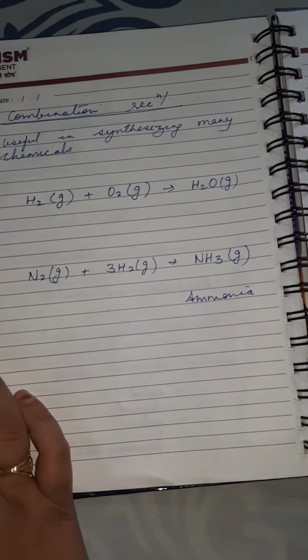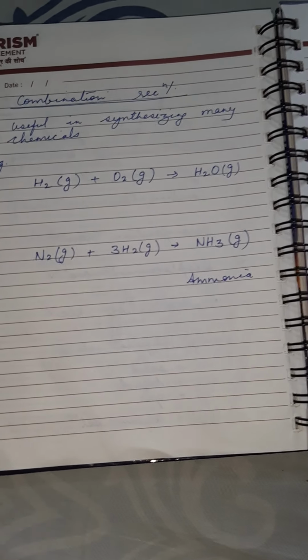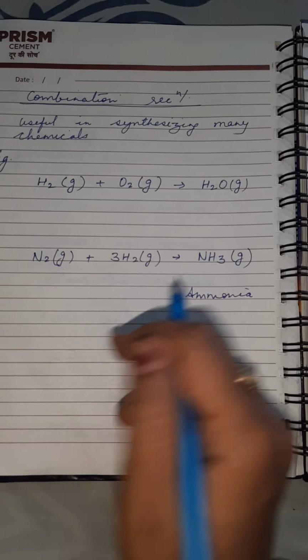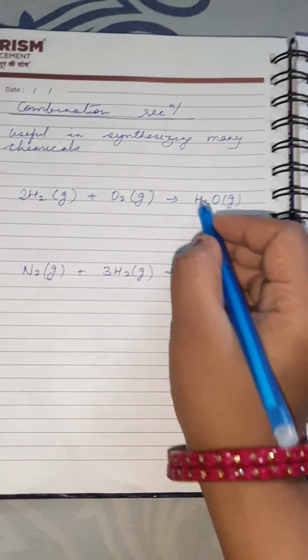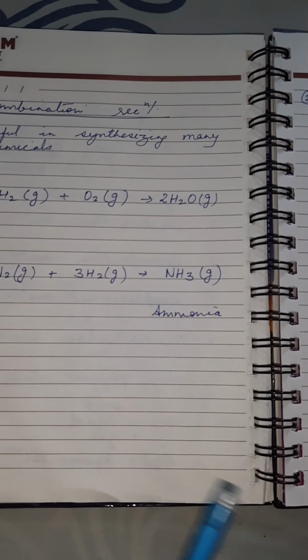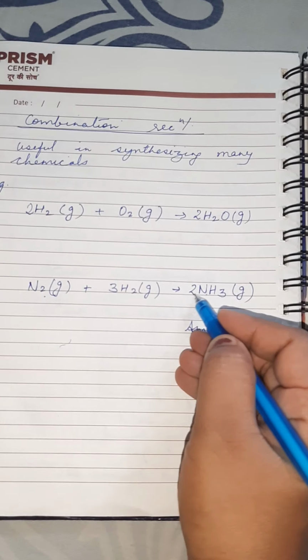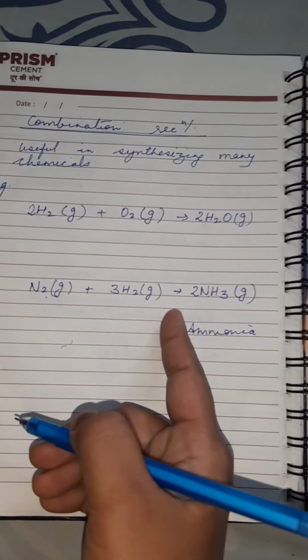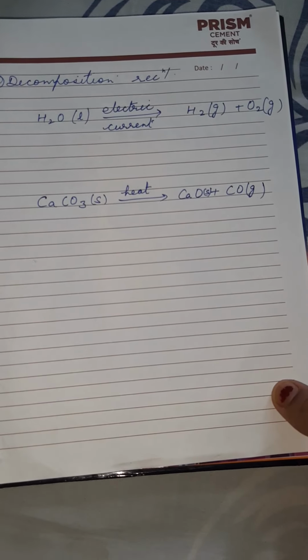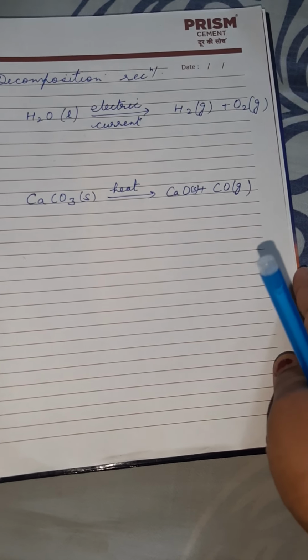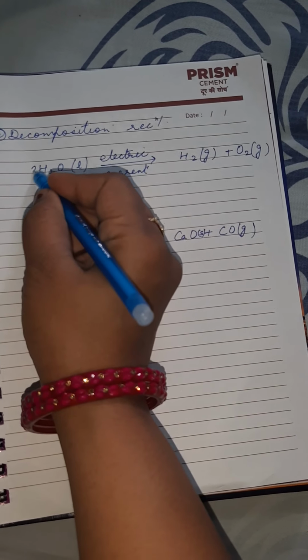All the equations I have written here are not balanced. You can balance them. You can see here, yesterday I showed you balancing of equations. I think here should be 2H2O plus O2, it means 2H2. Then here nitrogen 1, here it is 2. So we will write here 2NH3. Now hydrogen is also balanced. H2O liquid, 2 hydrogen on both sides, and oxygen 2 here and here only 1. So we will make here 2 oxygen and then 2 hydrogen.